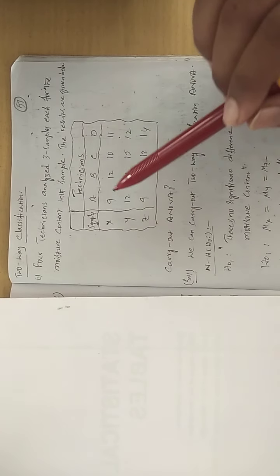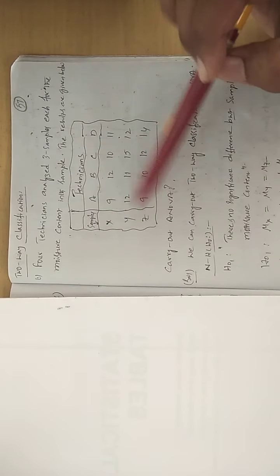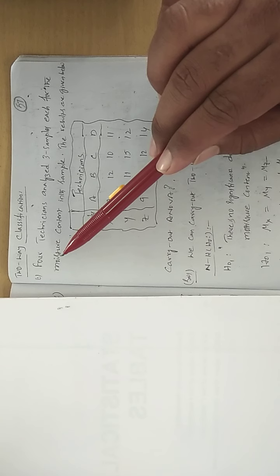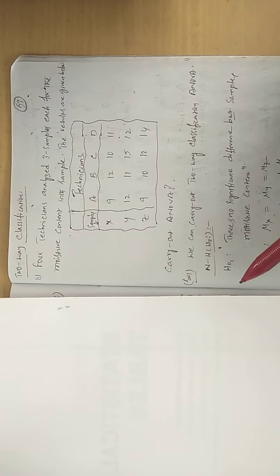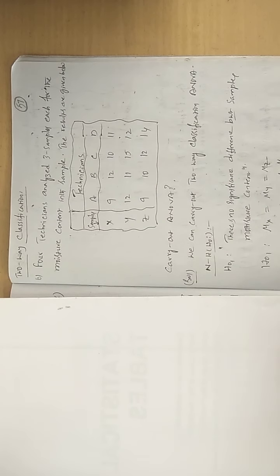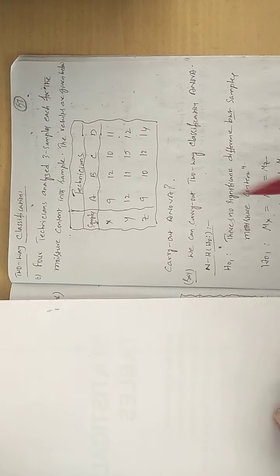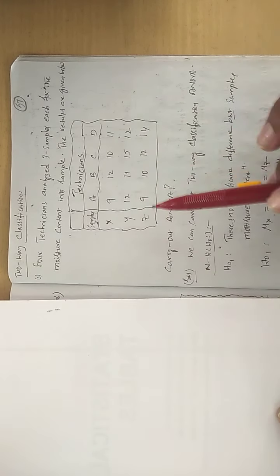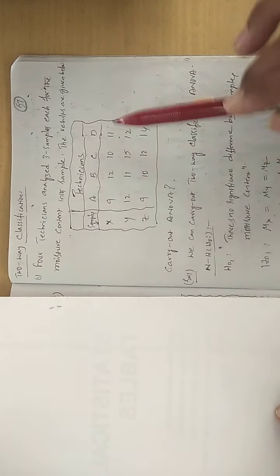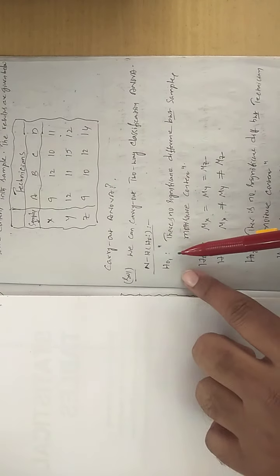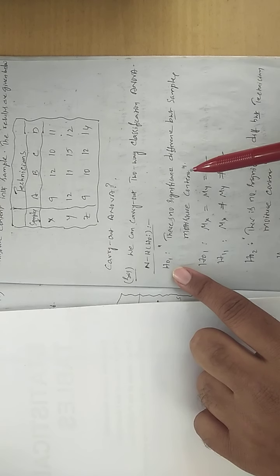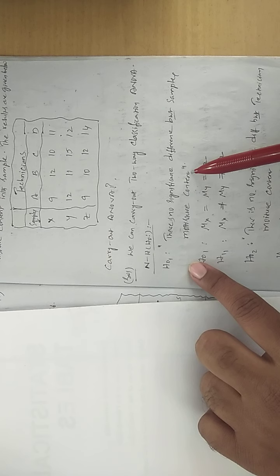So let us compare this problem with our general example. These are price, these are colors. So instead of moisture, we are comparing this information with that of the sales. In such a way, what are the hypotheses going to be? Two null hypotheses we are going to get. One is for rows. First, always we give preference to the rows according to our theory. So first rows, next columns. So H01: rows means samples. There is no significant difference between the samples as far as the moisture content is concerned.